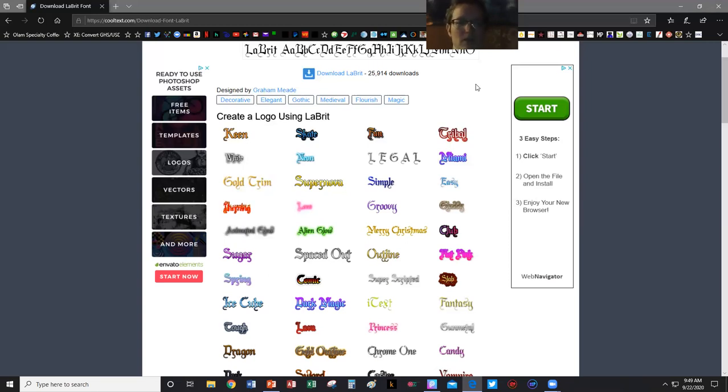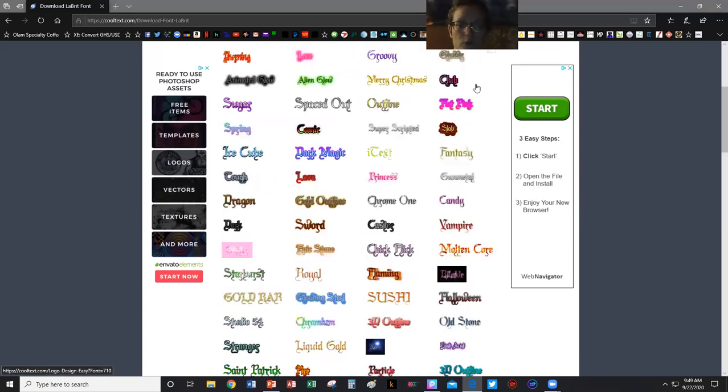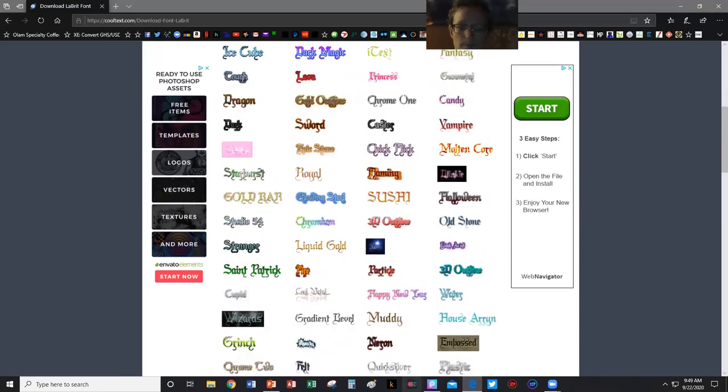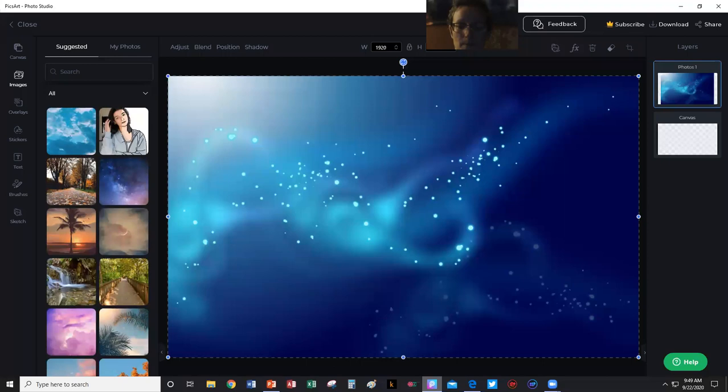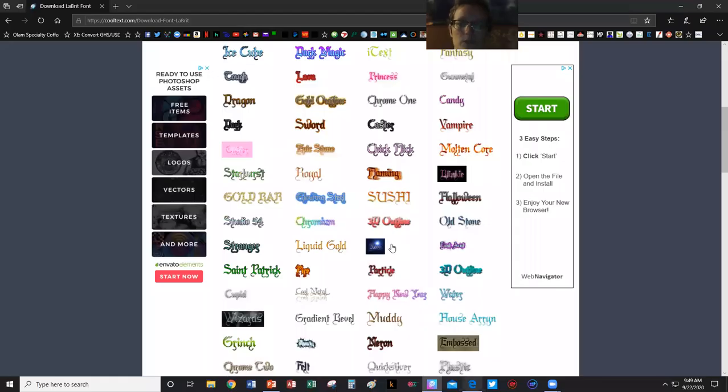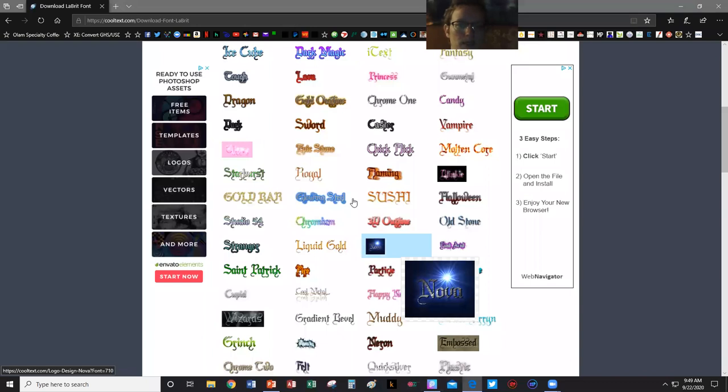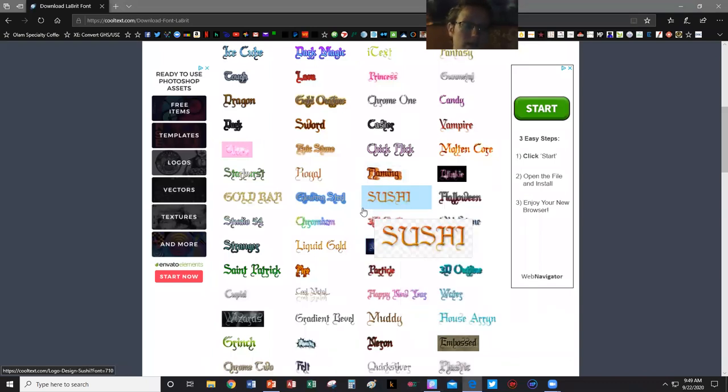Scholars Guild, every time I think of scholarly, I think it's either an older building, or it's elegant, or sometimes even more simplistic. So I have chosen my font of Librit. I can now see what all their different logos look like using Librit. I remind myself that I'm using a blue background, so I want to make sure that a color I pick for the Scholars Guild is going to stand out on that. Black and white are always going to be colors in no matter what color scheme, but I'm going to see what I can do that's maybe fancy with it.